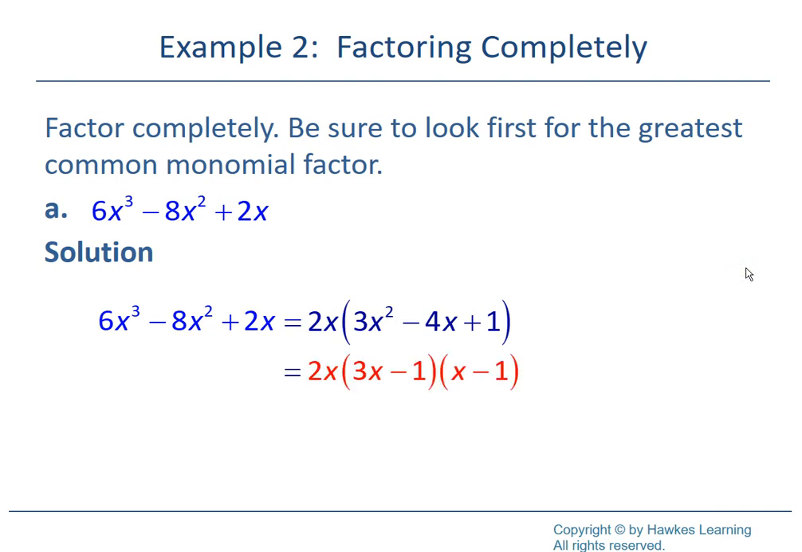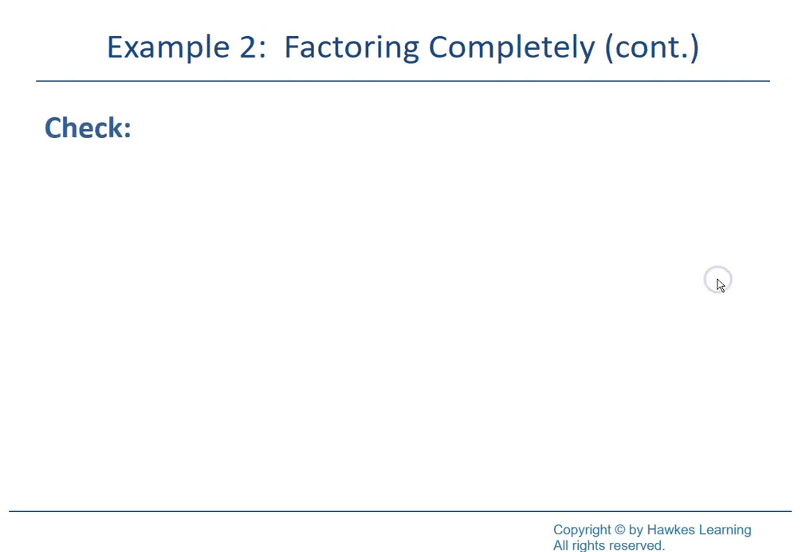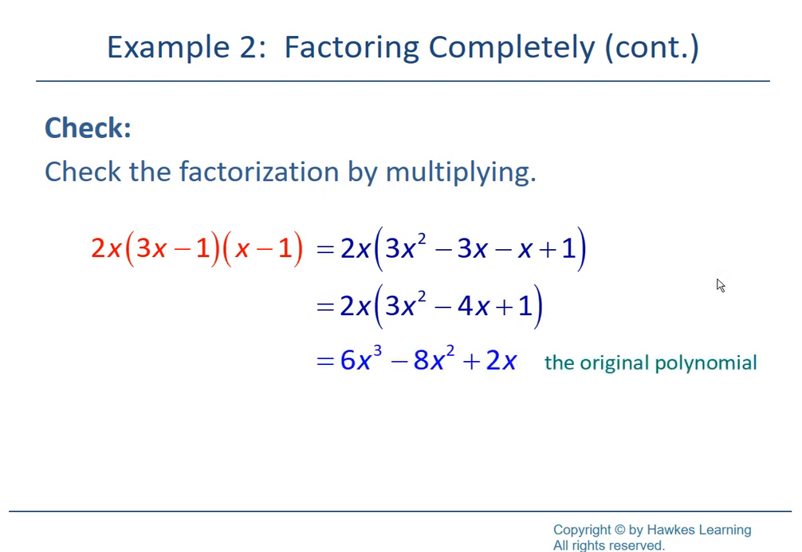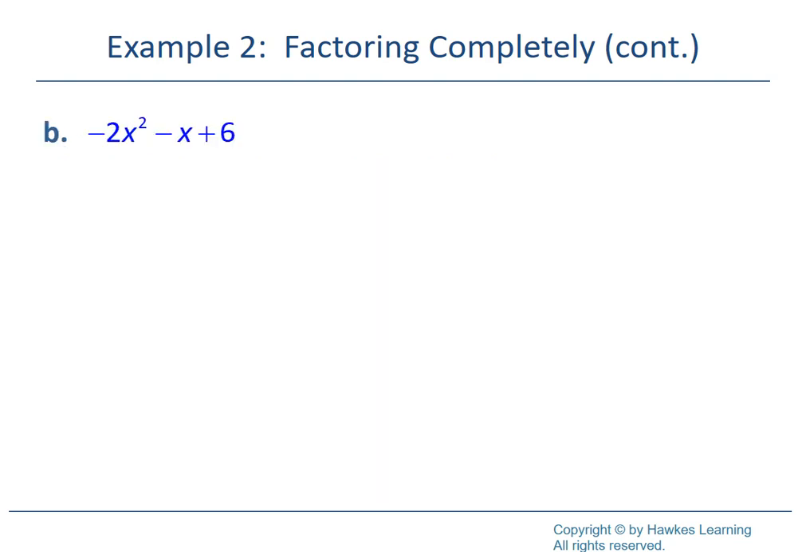We took out the 2x, and then there's our factorization, and we FOIL it, and it checks. And there's our original. Okay, now when we see our initial term is a negative here, what we could do, and what will probably